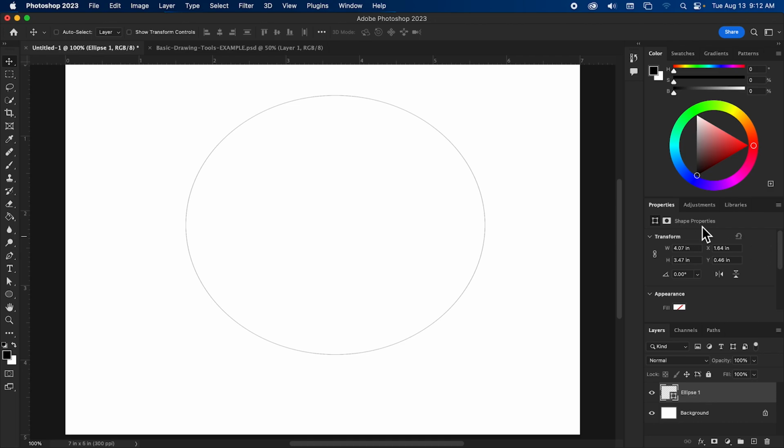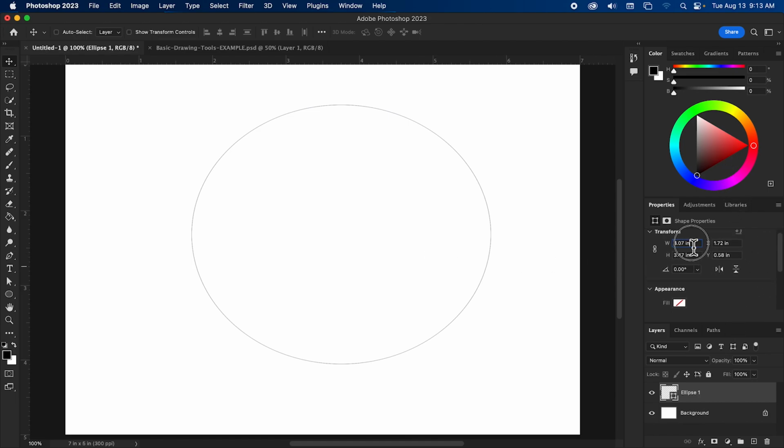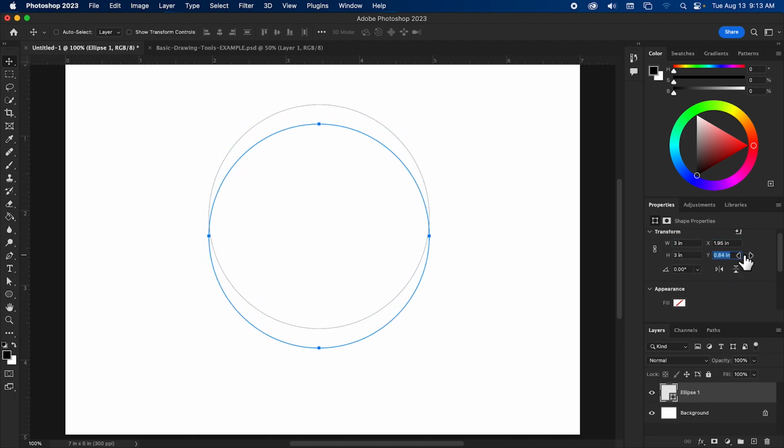Now I have shape properties in this properties panel. For example, I can change the height and width. So let's say I want this to be a 3 by 3 inch circle. This is going to be the XY coordinates. That is where it is sitting.